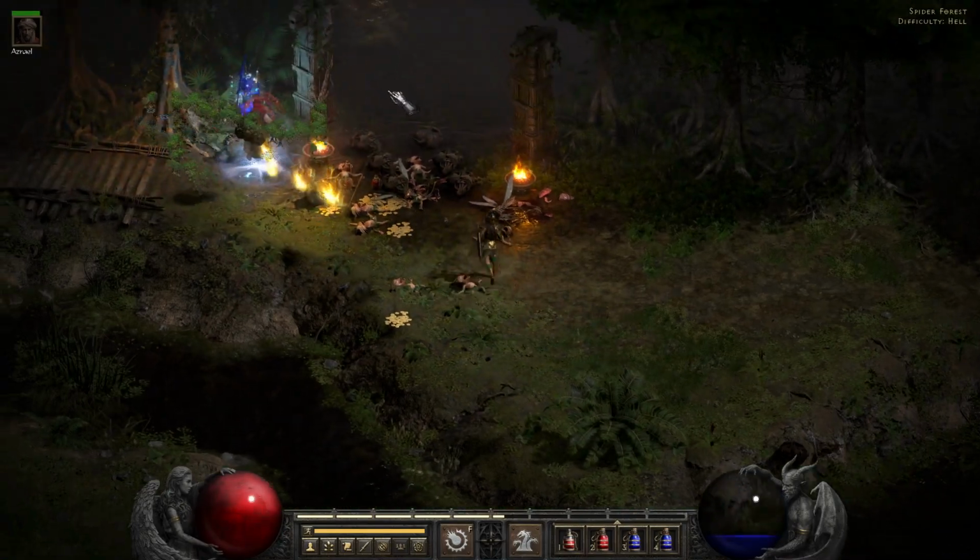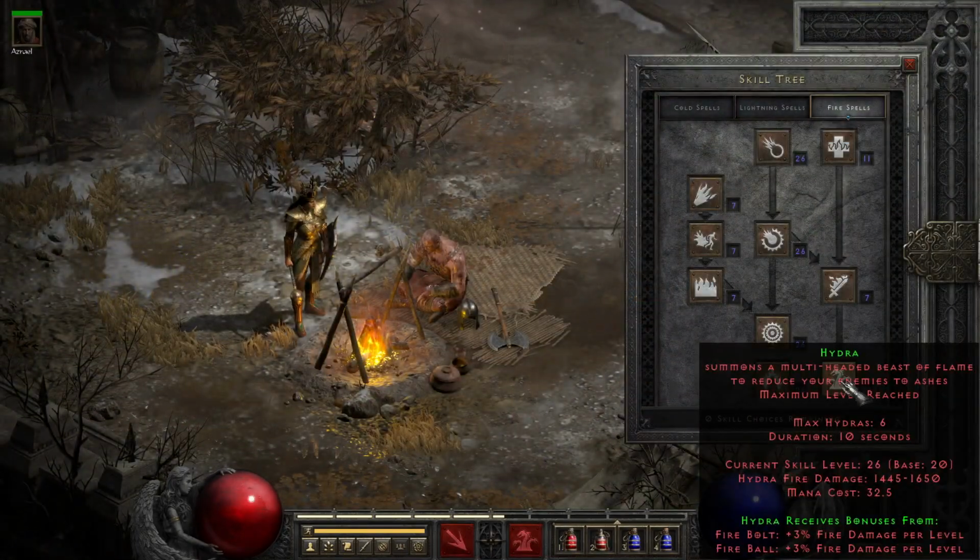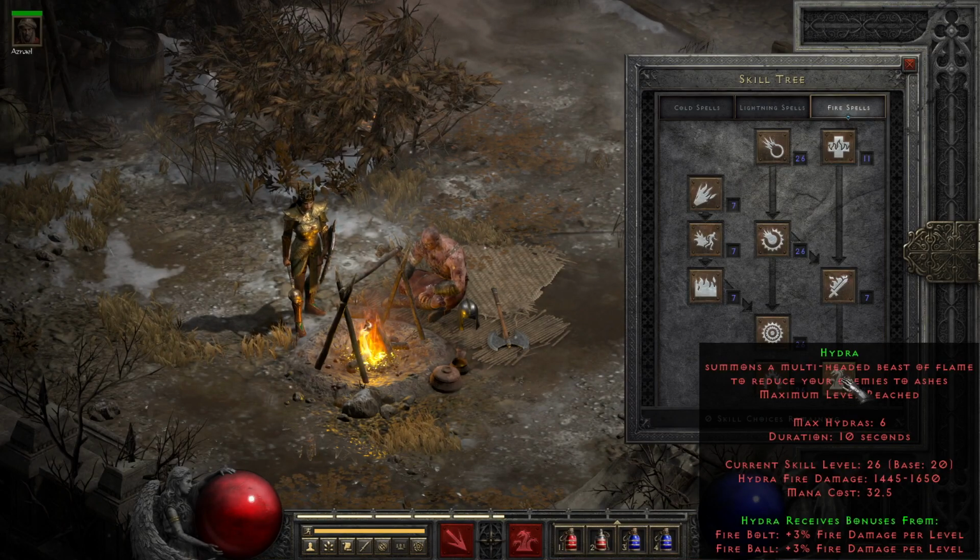But once you're there, just stack up that faster cast and go to town. The third skill in this list is Hydra. It's a one-way synergy with the other two, meaning Hydra gets bonuses from them, but it does not provide them back. But with the changes in 2.4, the Hydra is now finally back to being an interesting and actually competitive